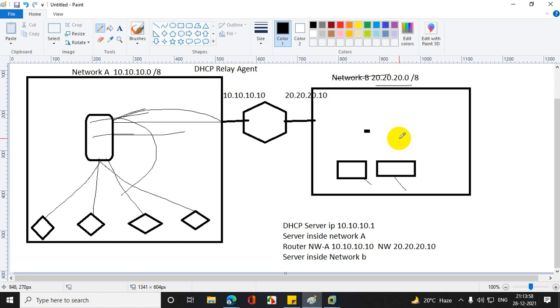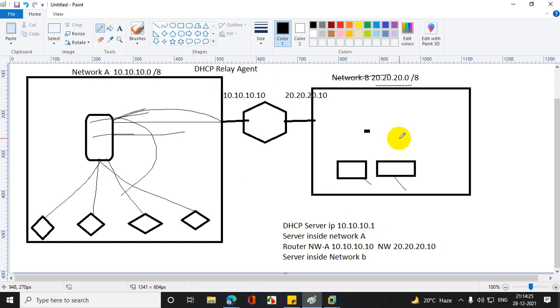Clear? So to perform this practical we need one DHCP server, which is on network A location. We need one router that has two network cards, one for the 10 series and another for the 20 series, and we also need a server B, which is on the network B location.